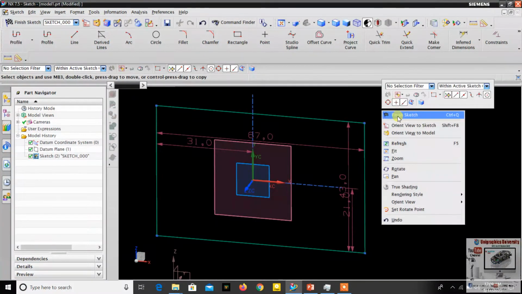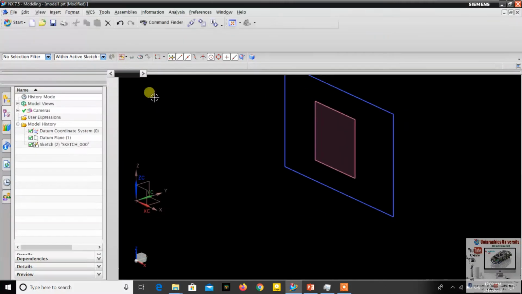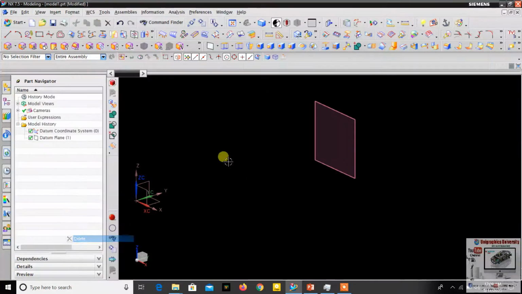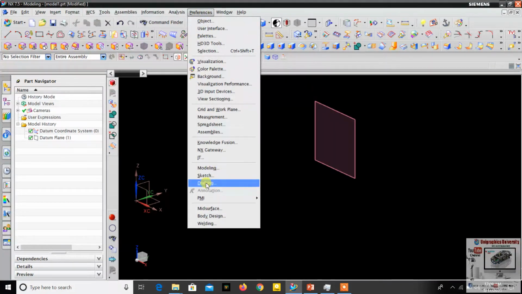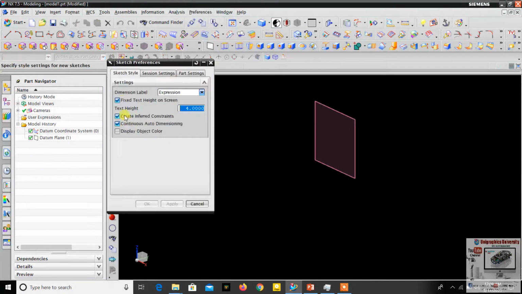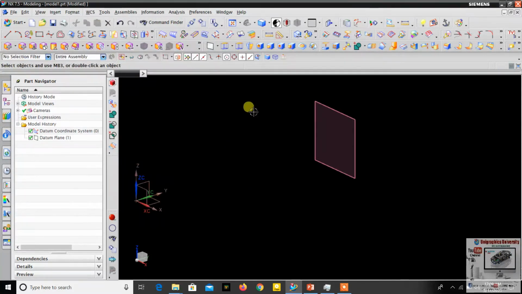Just finish sketch, and delete this sketch. You change the setting: preference, drafting, preference, sketch. Just untick the continuous auto dimension. Okay, so now the auto dimension will not come.